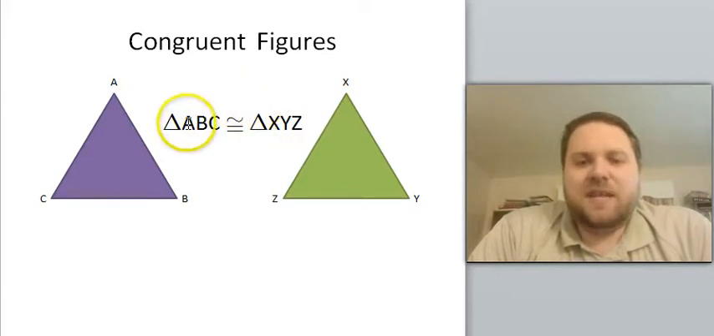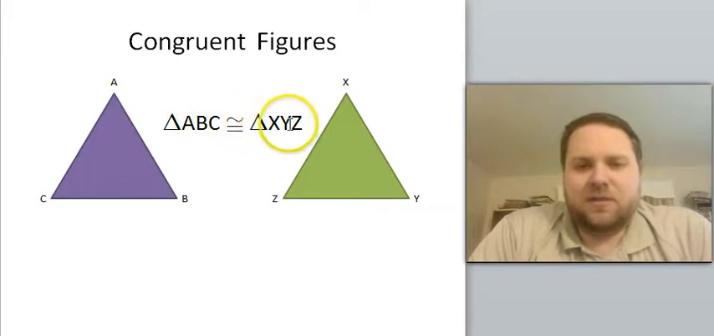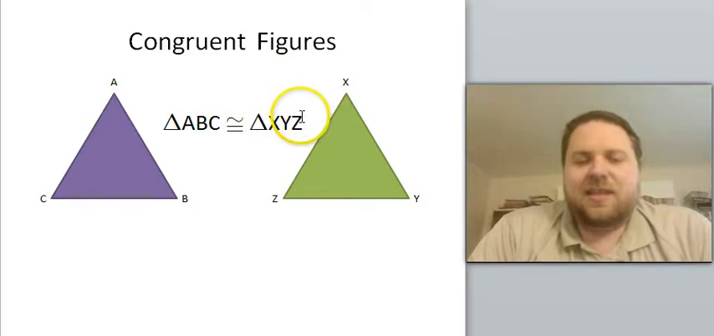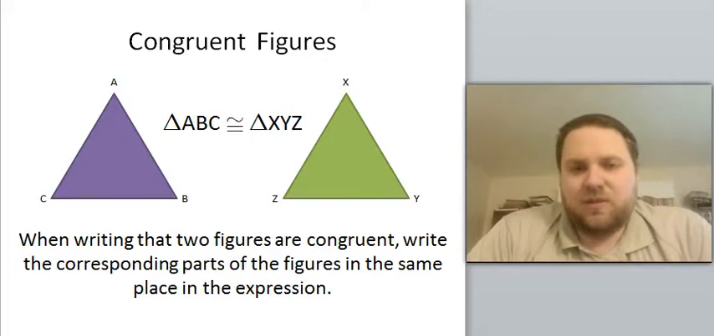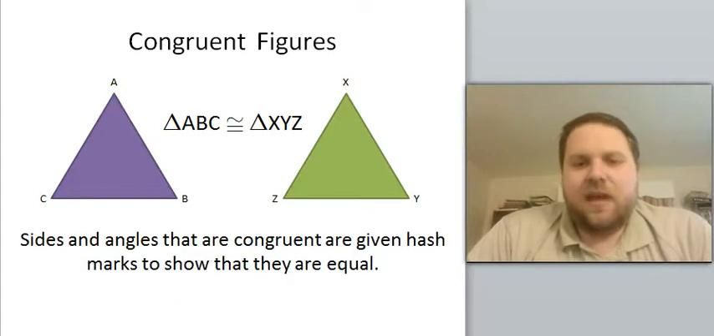This also works for segments. AB is going to be equal in length to XY. Segment AC is going to be equal in length to segment XZ, and so on and so forth. So how I write this name is actually very, very important. So when we write out that two figures are congruent, make sure that the corresponding parts go in the same place in the name. That's extremely important and very, very easy to miss. Alright,